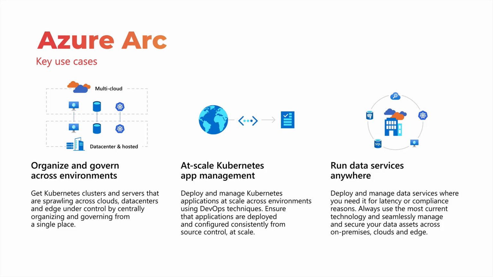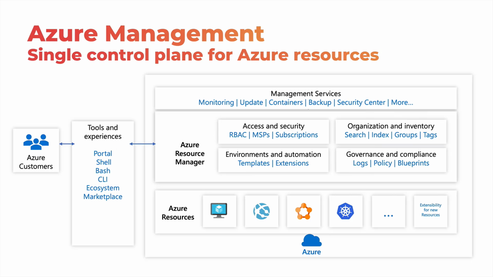SQL managed instance and Postgres Hyperscale can be deployed in any Kubernetes clusters that match the prerequisites and criteria set by Azure Arc. And after that, you can deploy a highly elastic, highly scalable and highly available relational database, running very close to where your data and compute are. So these capabilities are mapped to Azure Arc for servers, Azure Arc enabled Kubernetes clusters, and finally Azure Arc enabled data services. Now let's take a closer look at Azure Arc for servers.